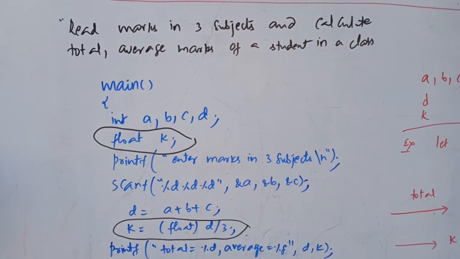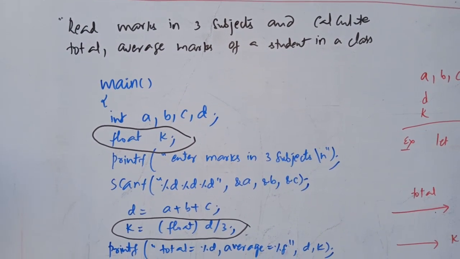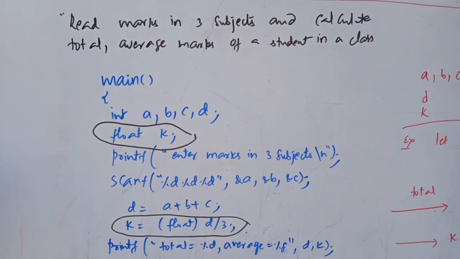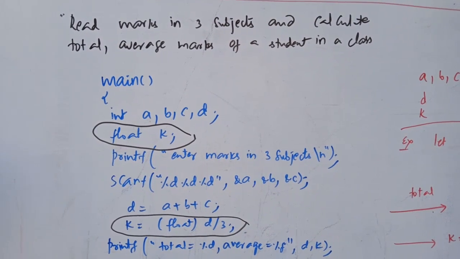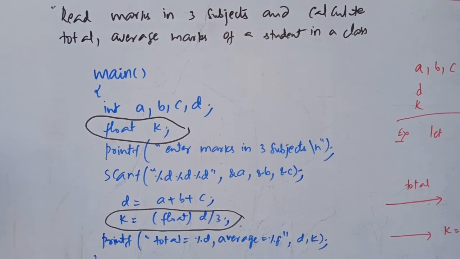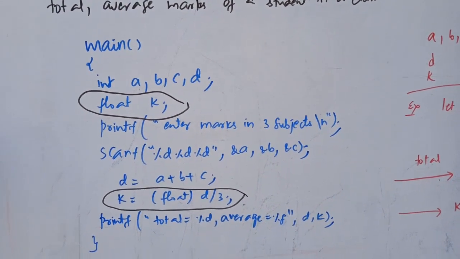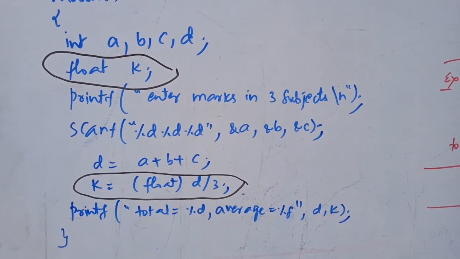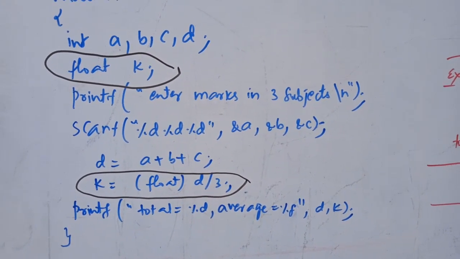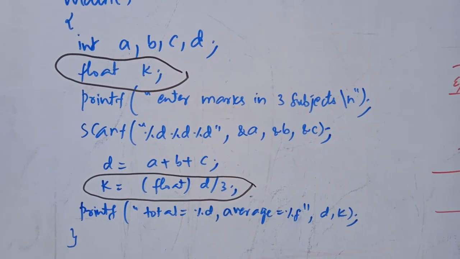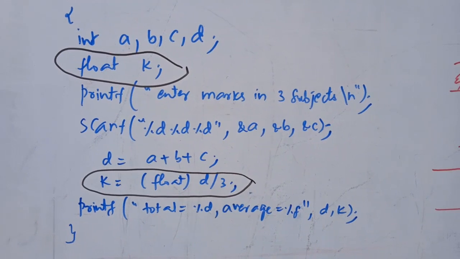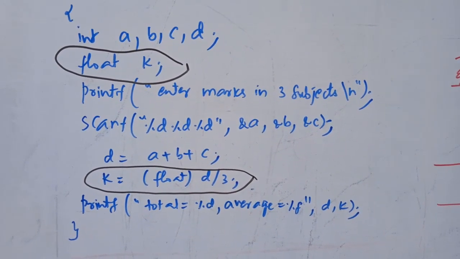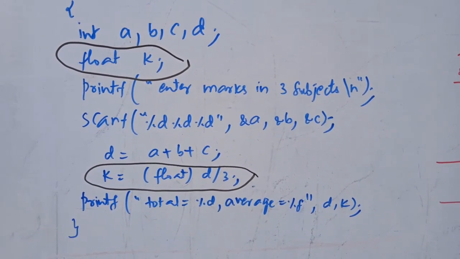So where do we need typecasting? This is very important. Look at this simple program. Read marks in 3 subjects and calculate the total and average marks of a student in a class. Only one student. So you read marks using scanf, as scanf is your input function, and here calculate the total. D is equal to A plus B plus C, and K is equal to D by 3, where we use